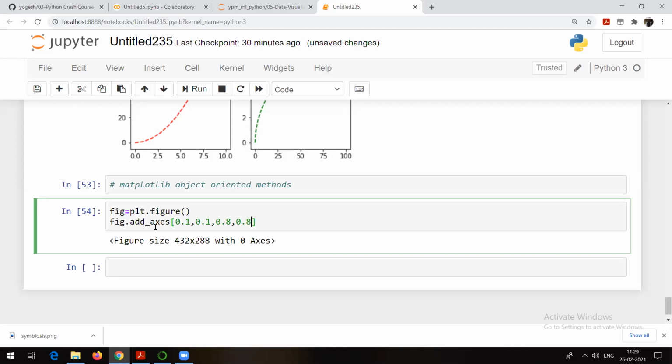I will tell you each one of them. The first is the distance from the left side of the figure. The second is the distance from the bottom. This 0.8 is the width, and this one is the height. And an important point about left, bottom, width, and height: